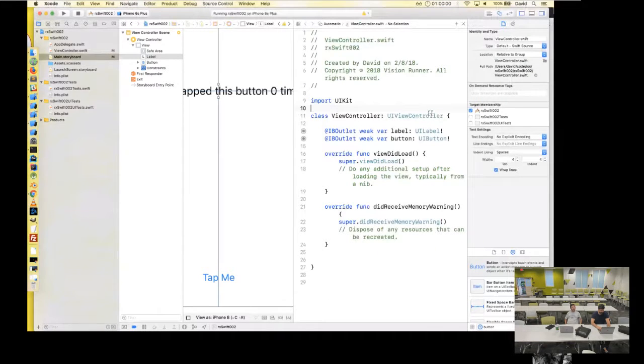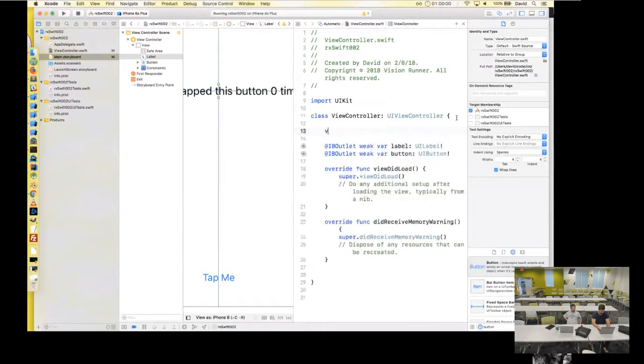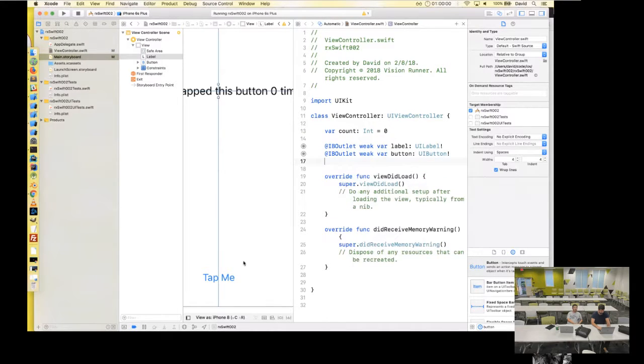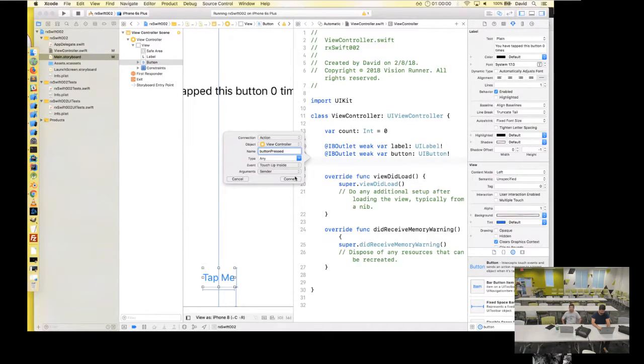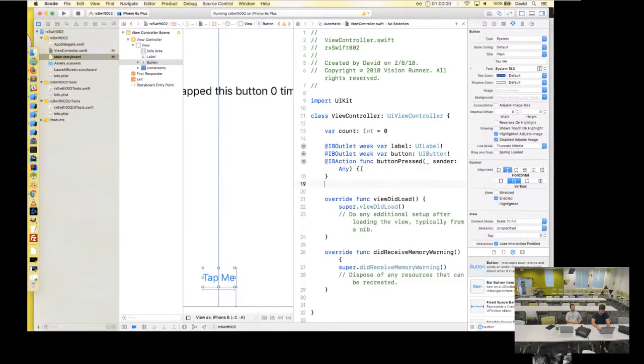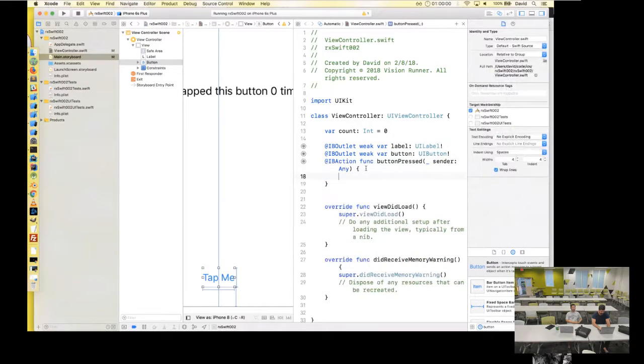We'll head over here. And so this is actually going to be the state that we have. So count is going to be int, and we'll initialize it to 0. Right. So inside of the button action, set of button action, drag it over and pressed with an action. Yep. And connecting it up. And then now here, I just want to update the count. So if the button is pressed, I want to say count equals